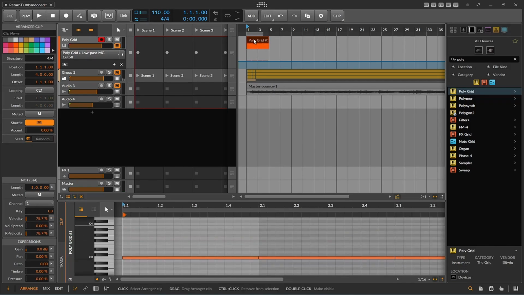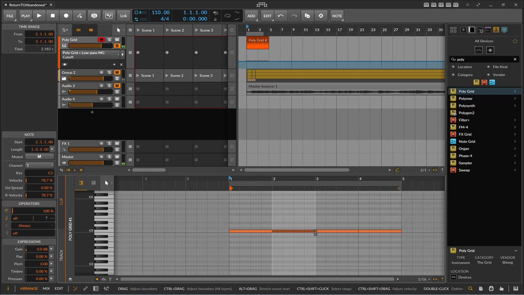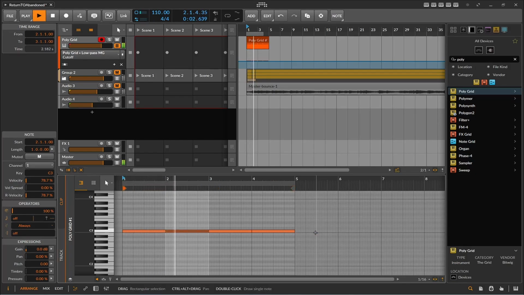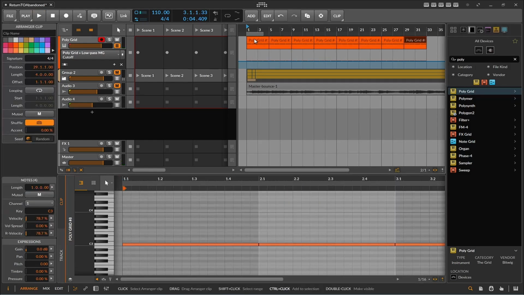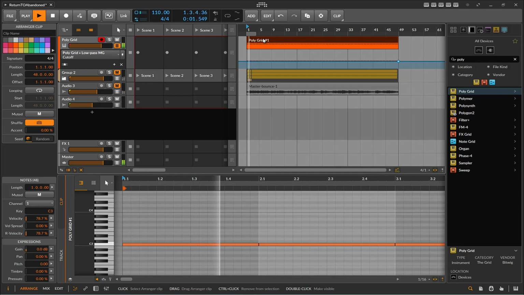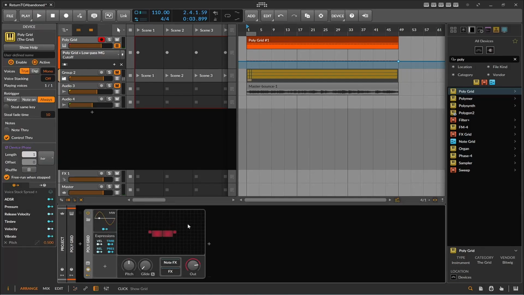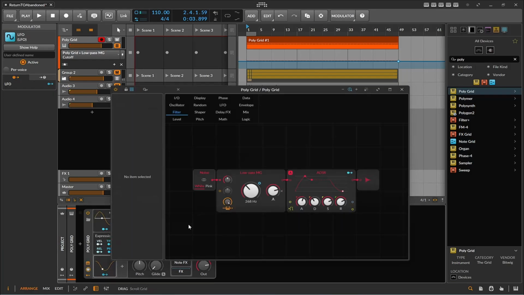Control A, Control J. Control A, Control J. All right. So I need some automation of that filter. Okay, the second thing is that if it's just gonna go back and forth, I can do an LFO. Easy peasy, right? So do an LFO, go in here,